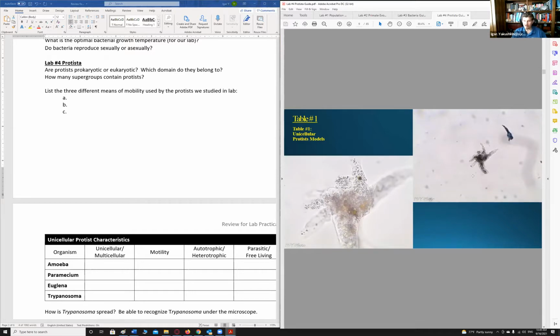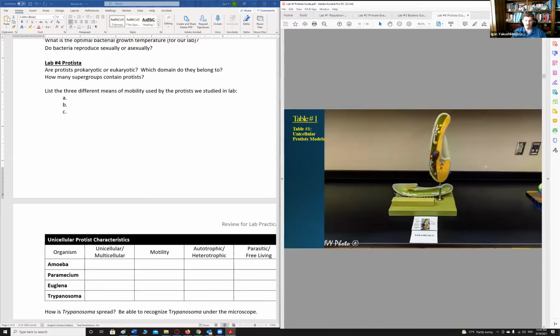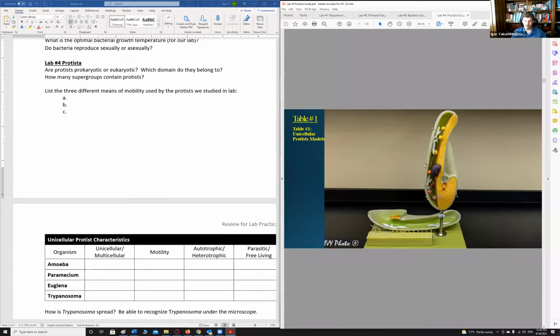This is how it will look like. It actually was a live amoeba when I was taking the picture of them. So now Cilius, a paramecium, very, very fast moving, has 2 nuclei. The large one macronucleus and the small one micronucleus, and we have cilias all over the body, so they're really